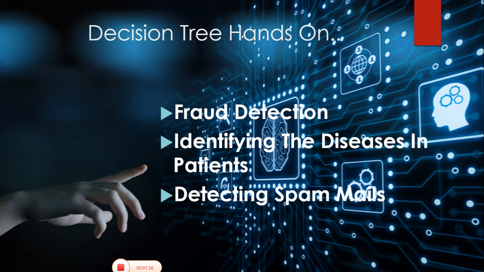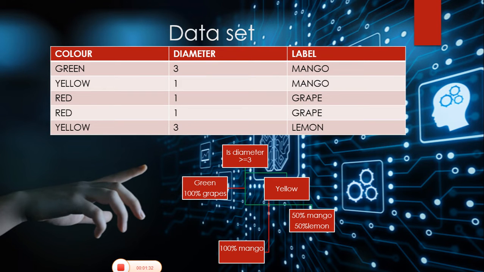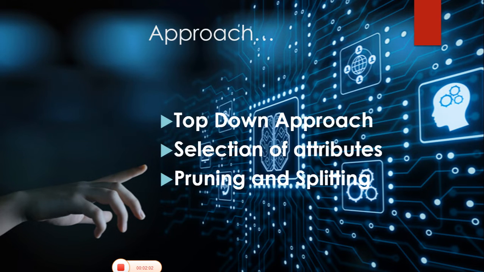Let us construct a decision tree by using a sample example. Here I am constructing a decision tree for the above dataset. The decision tree can be created by taking color, diameter and label as the candidate nodes. Here, if I am taking diameter as the root node, if the diameter is greater than or equal to 3, then I am dividing it into subtrees. The decision tree for the above dataset starts with identifying the root node, which represents the entire population or entire sample. Here I am considering the root node as diameter.